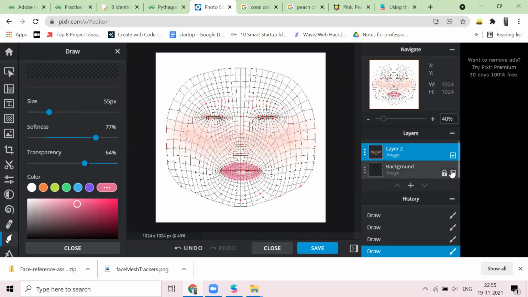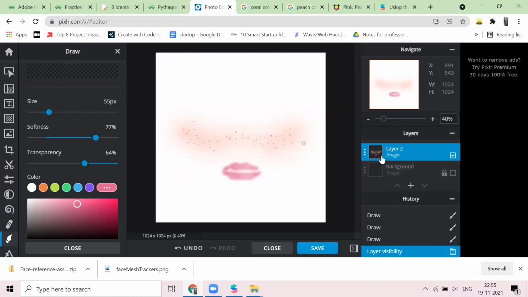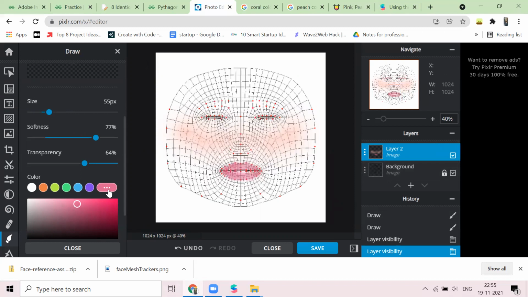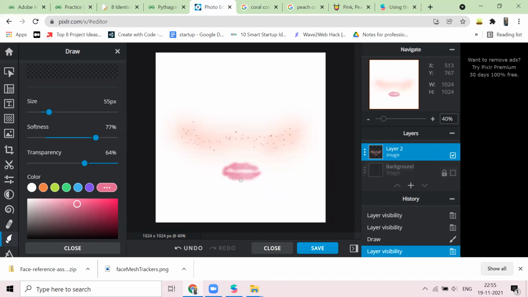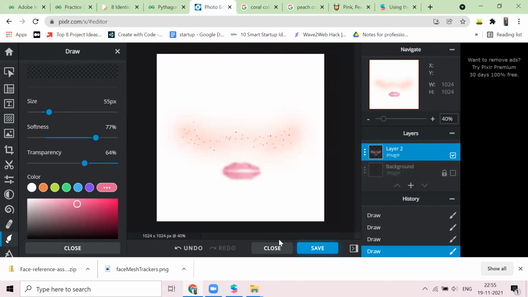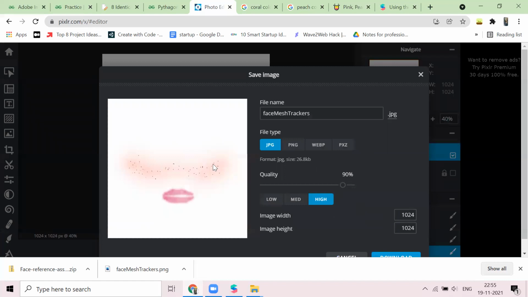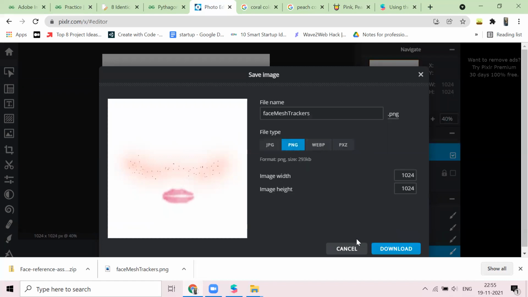So that is what our blush and lip color looks like. I think we need to work on the lipstick, right? Better. Okay, I think that's pretty much it, and we're gonna save this image as a high quality PNG image.